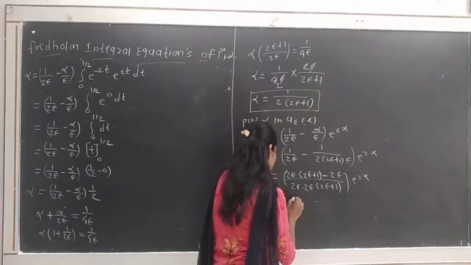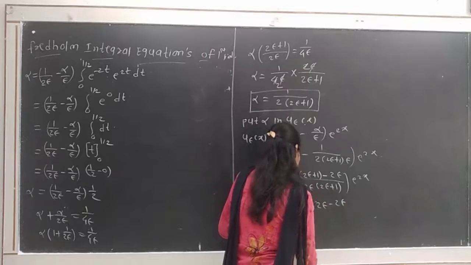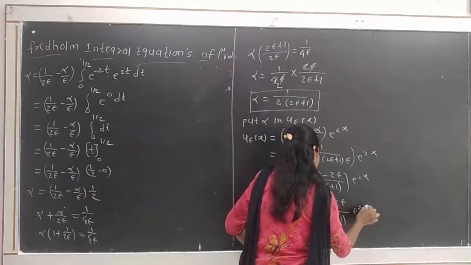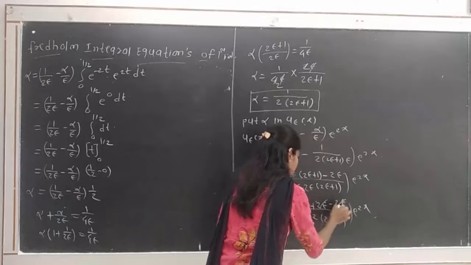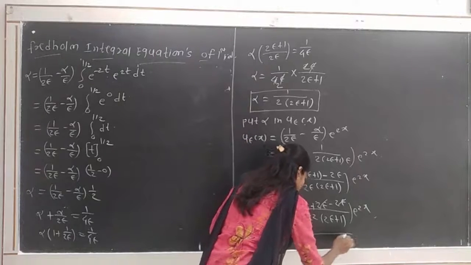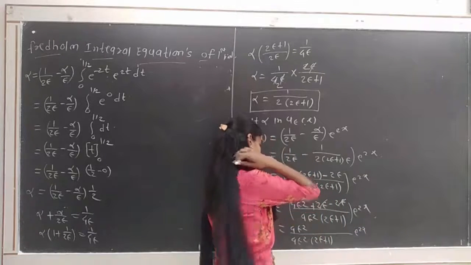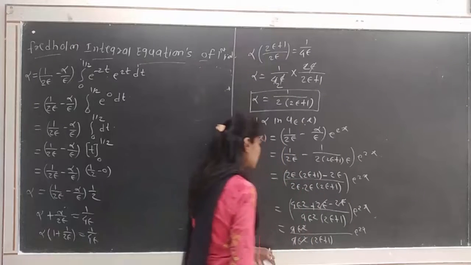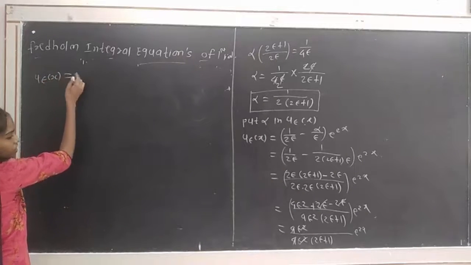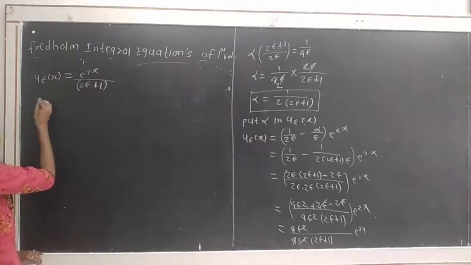So we get u epsilon = [4ε²(2ε+1)... ] in the numerator: 4ε² + 2ε − 2ε divided by 4ε²(2ε+1) times e^{2x}. The +2ε and −2ε cancel, and we get, in the next step, 4ε² divided by 4ε²(2ε+1) times e^{2x}. The 4ε² cancels again, and we get u_ε(x) = e^{2x}/(2ε+1), which is the solution